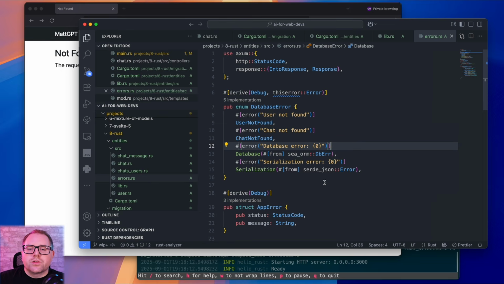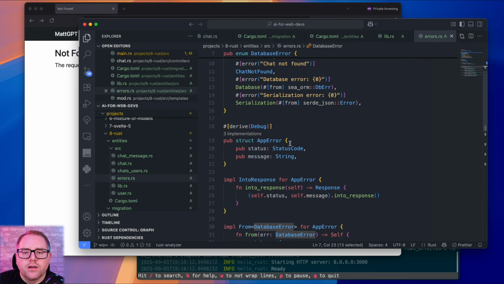And the reason why we're doing that is because those are different errors, right? If we're not able to find a user versus we're not able to find a chat, that actually means something different. If we were using anyhow, they would all just kind of get collapsed into one, and we wouldn't have as much meaningful information. So we're defining our own error type.